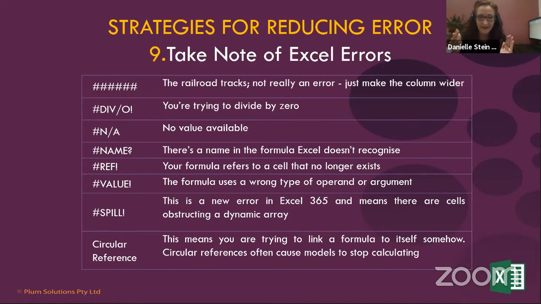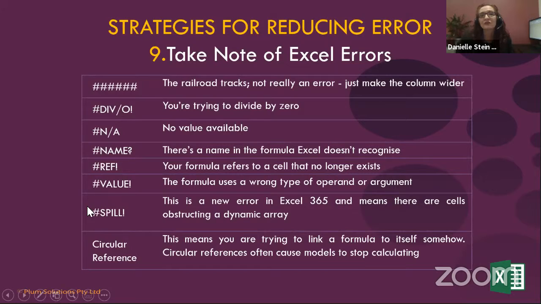I know that you can suppress errors, and sometimes I do it, but quite often I'll just leave errors so that I can actually see them, and then I can fix them before I complete the model. So this one's not really an error. The div 0 just means you're trying to divide by 0. NA is usually with a lookup of some sort. A name is a named range. Refs are pretty horrible. Ref means that you are referencing off the page or you've deleted it, so they're quite hard. Value is not really a big deal.